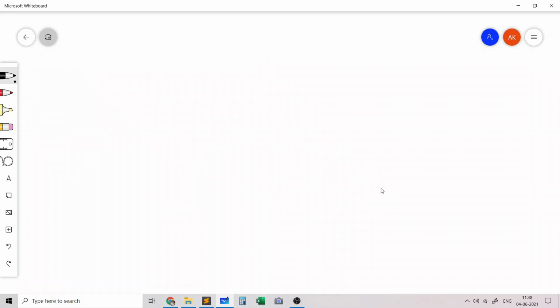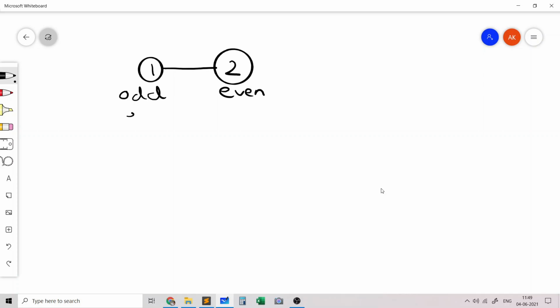So let's build on the idea from the first sample test case, which has only 2 nodes and an edge connecting them. And let's see what are the various possibilities. The only 2 possibilities which will lead to a valid coloring for these 2 nodes would be an odd number on the first node and an even number on the second node, or an even number on the second node and an odd number on the first node.